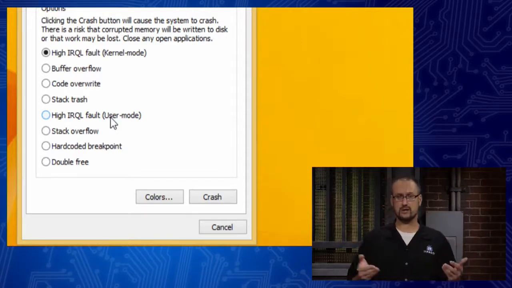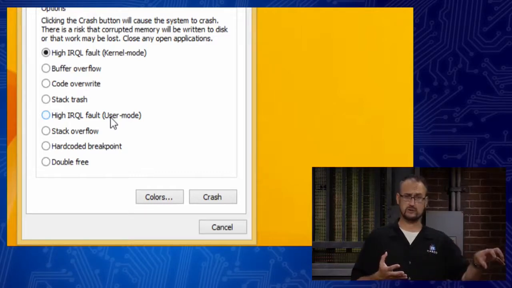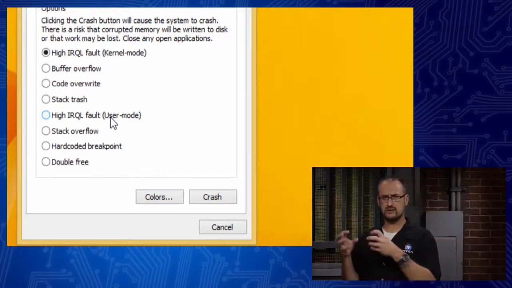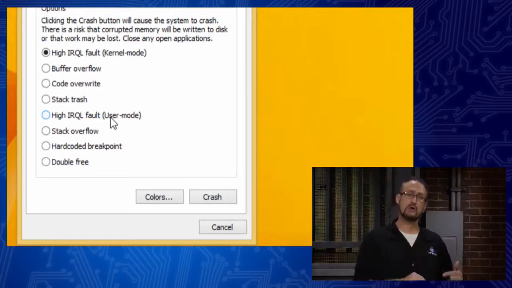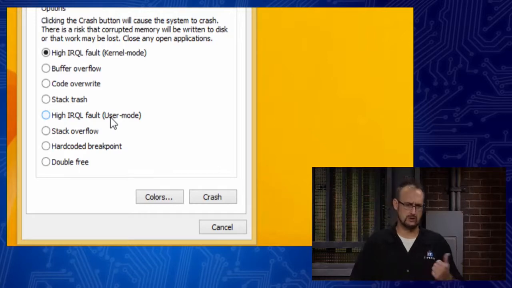And again, this is Windows' way of correcting itself. They've taken a lot of the functionality and put it in user mode because it just affects the user and the user profile, but not the kernel mode, which could corrupt drivers in the system as well. What we're going to do is create a kernel panic, or a crash screen, if you will, that's down there in the kernel mode here.